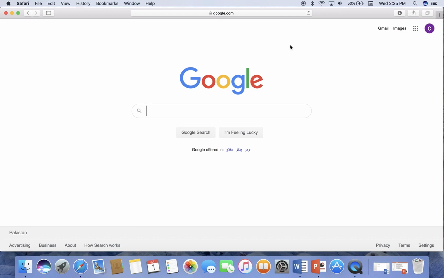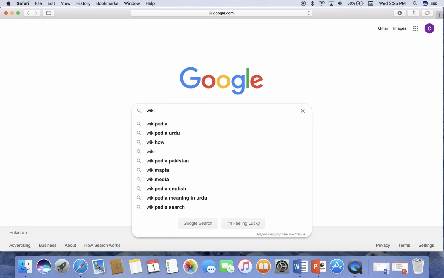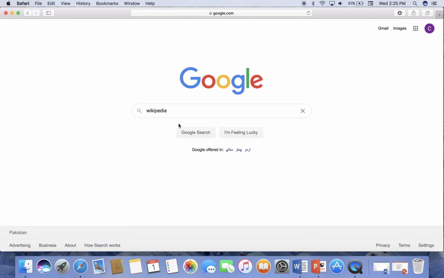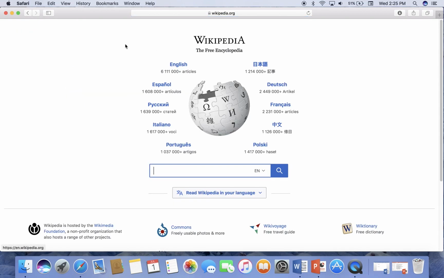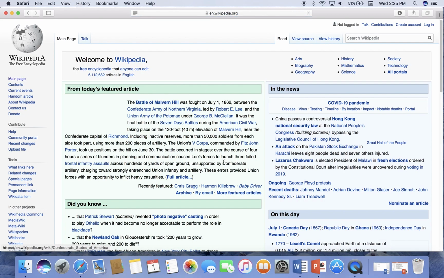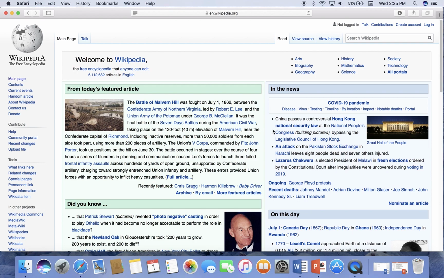Let's move towards Wikipedia. When we give a small keyword, it will show us the whole website. Students, this is the site of Wikipedia. We can simply call it a site as well. We can call it a website as well. Okay, the first page is called the home page. Students, we'll click on this. Let's see, this is the home page of Wikipedia. The first page is called the home page.